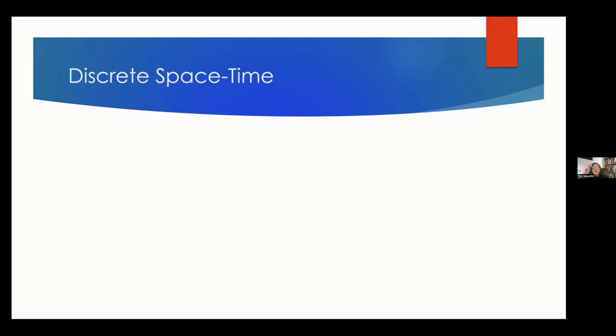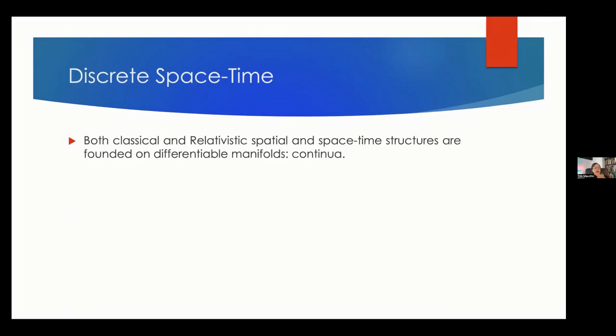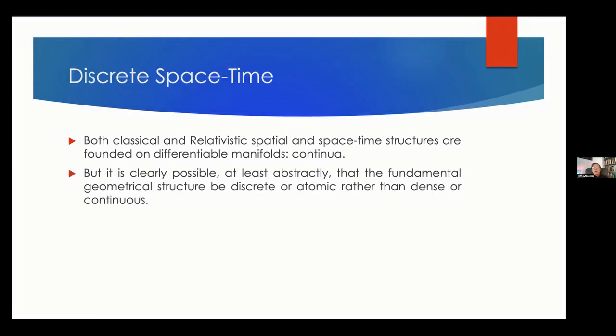Now, the place to begin here is, let's imagine that space-time is discrete. And this is already making a change from all classical physics. Because in classical physics, you start with space, say, being thought of as a Euclidean space, which is a continuum. And if you do general relativity, the first thing you pull off the shelf mathematically to describe space-time is a four-dimensional differentiable manifold, which is a continuum. But people have thought from antiquity, maybe space and time are not continuum. Maybe they're discrete.